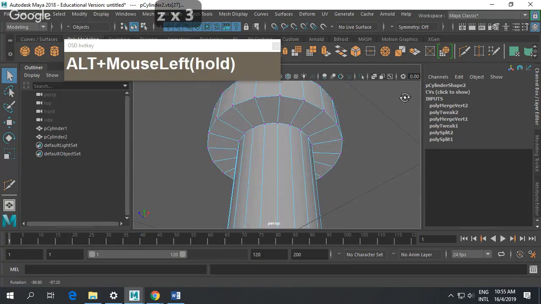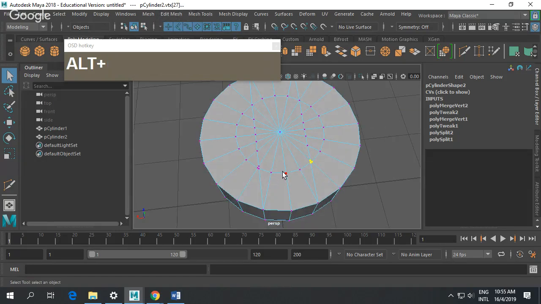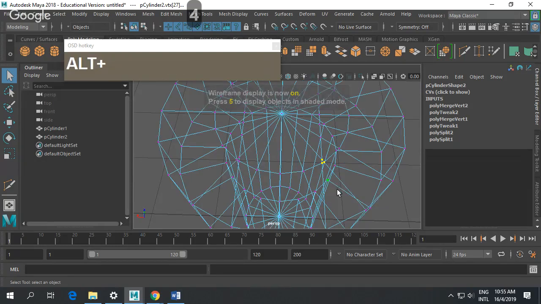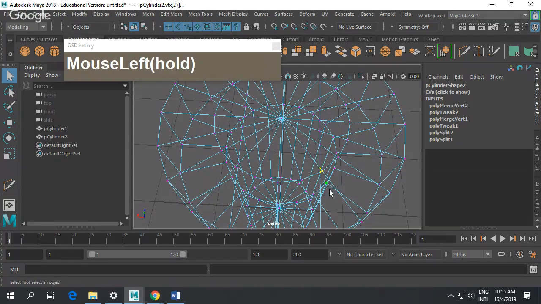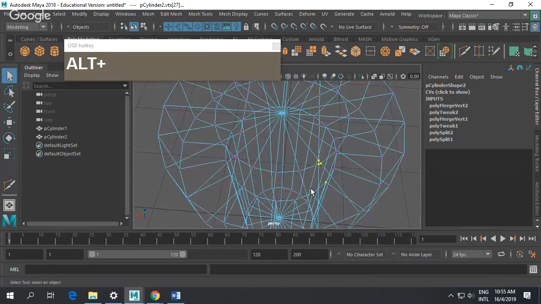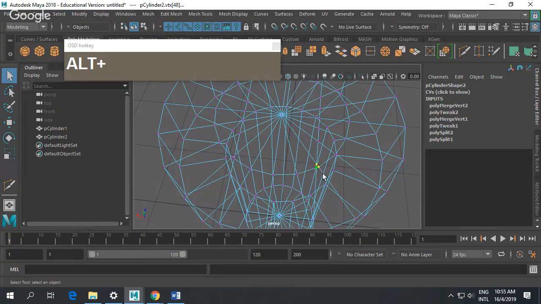Okay, I'm going to check, make sure that I have no problem here. Now, to avoid selecting vertices from behind, you can press 4 to go to wireframe mode. So earlier on, when I drag a box, I actually selected another vertex right at the bottom here. So pressing 4 to go to wireframe mode, you can avoid it by selecting only the vertices that you want